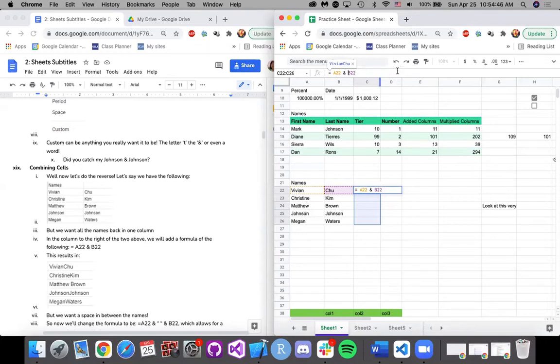So to do that, you want to enter a space in between A22 and B22, and see, it shows Vivian's name with a space in the middle. So that's how you do that. And you just do the same with everything else down here as well. So this would be my name, A23, and space, and